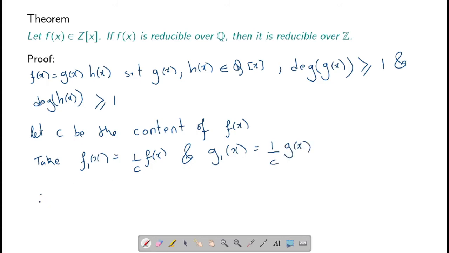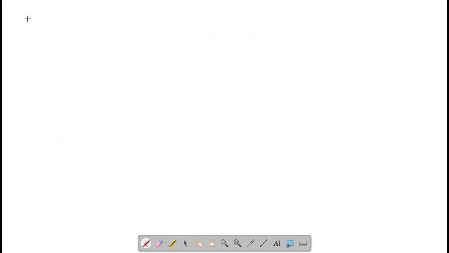And therefore, what you can see here is, just by multiplying by c to the left and right of this equation, you get f1 of x will be equal to, we are not changing any degrees of polynomials here, g1 of x times h of x. This here now is a primitive polynomial. Now this is again a polynomial in Q and this is a polynomial in Q. We will let